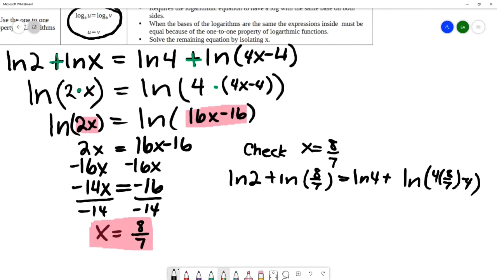So what I'm checking is I'm making sure that the places I plugged in for variables will have a positive inside of that logarithm, which it does here and here and here. I have a little bit more work to do to check to see if it's true there as well. So that would be